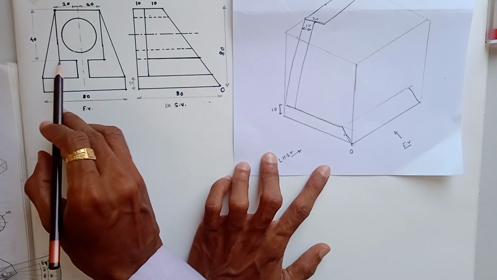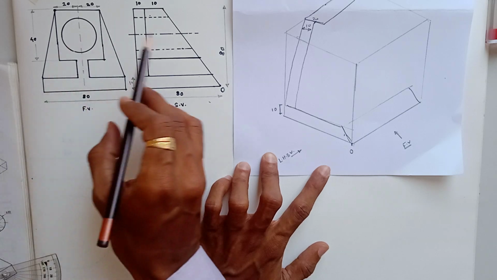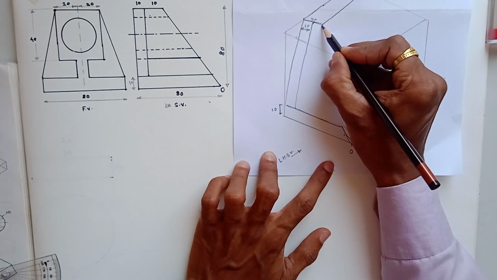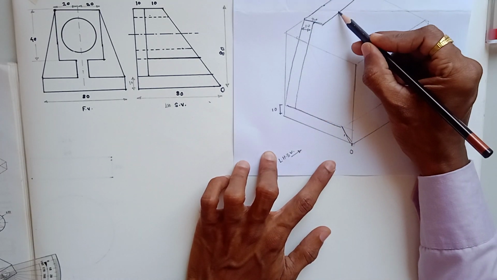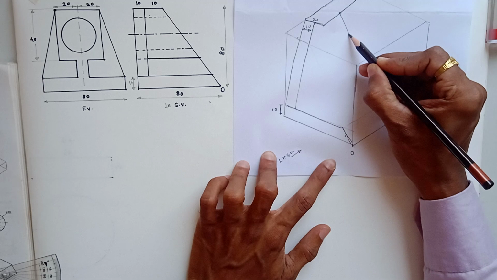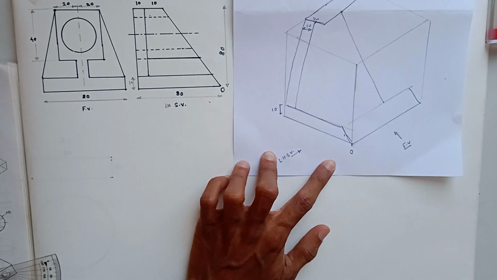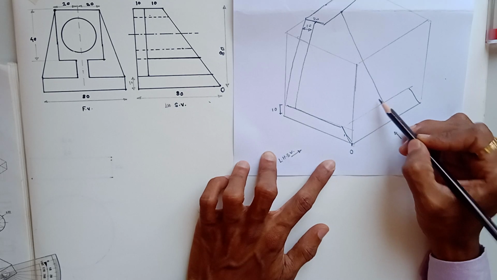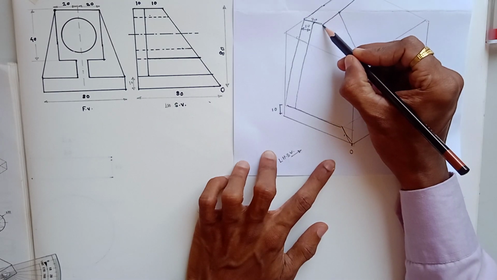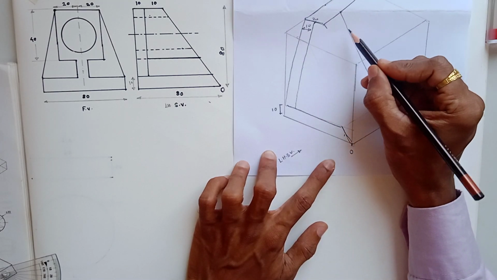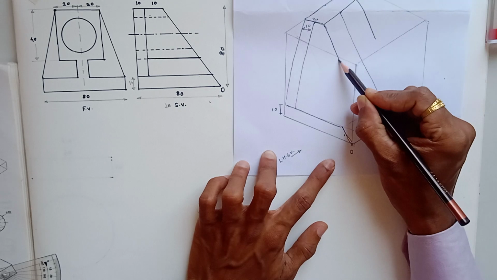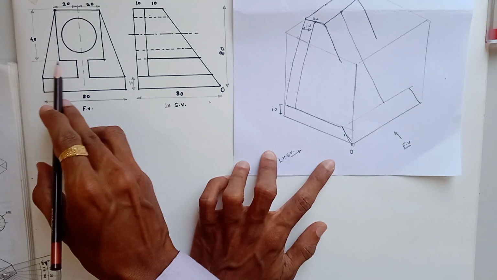Now if you observe this rectangle, this front view is a rectangle, and if you observe the side view, it is a slant surface. So from this corner, first you join this midpoint with this midpoint. So you will get that inclination. This is the reference axis or the symmetric axis. Then on both sides, take the distance 20. It is already taken, and draw the parallel line to this line like this. So actually this is a projection for this line.